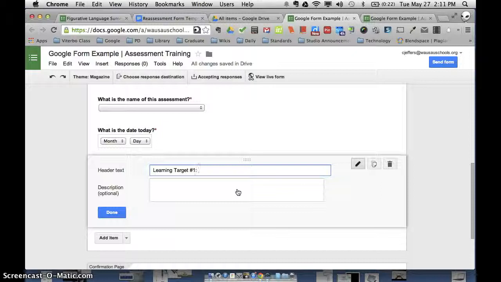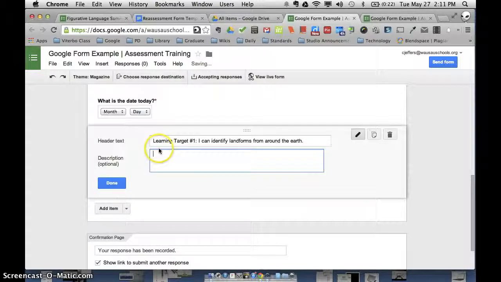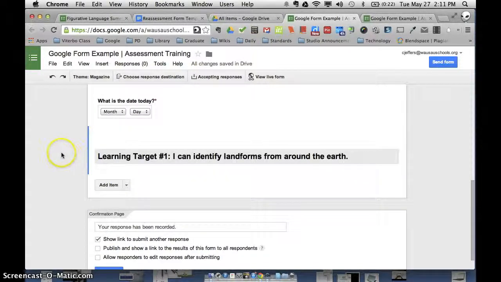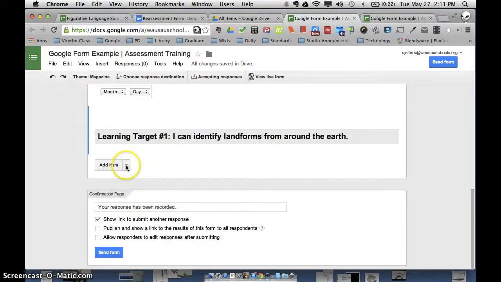And in this particular assessment, I'm going to have: I can identify landforms from around the Earth. Hopefully that's okay with geography teachers, but you get the idea. If you want to add a description in here, you can certainly do that. If not, usually the header text is just fine. So I'll go ahead and push done. And that remains pretty large right there because it shows that it's a new section of your assessment in this case. So I'm going to add my first question up here, and let's push Add